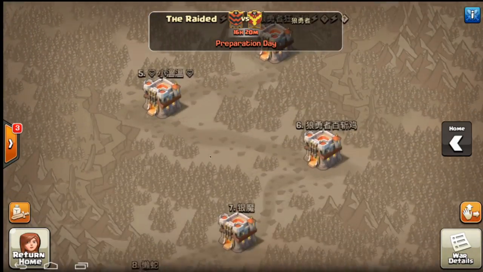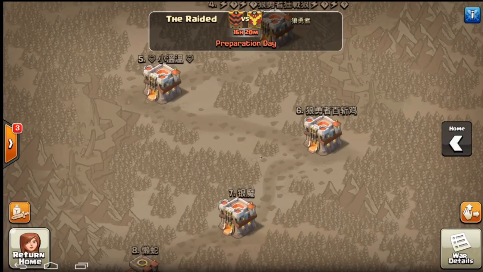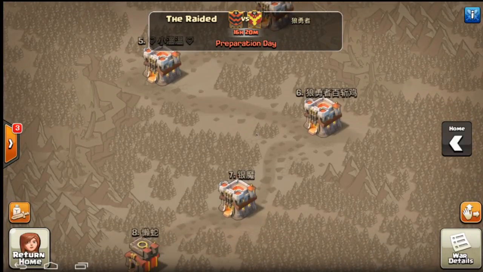So it doesn't take account of 0.5s. So for 0.5s for offense purposes, i.e. looking at what you're up against, you go up a town hall. So a 10.5 is an 11 as far as